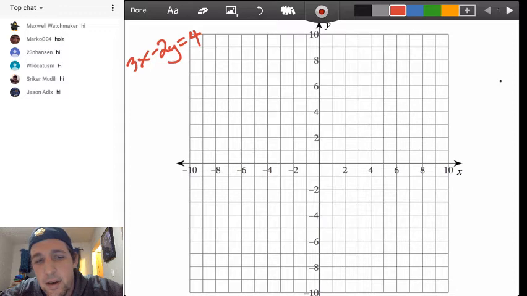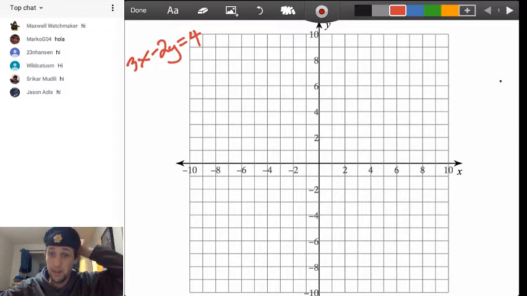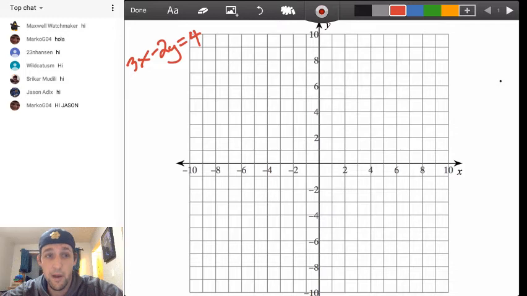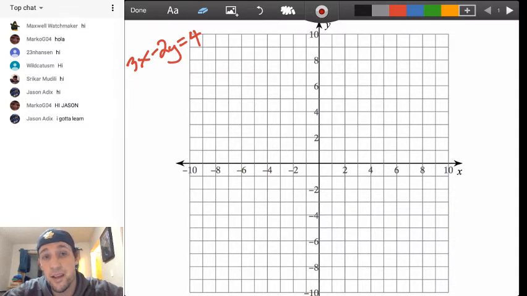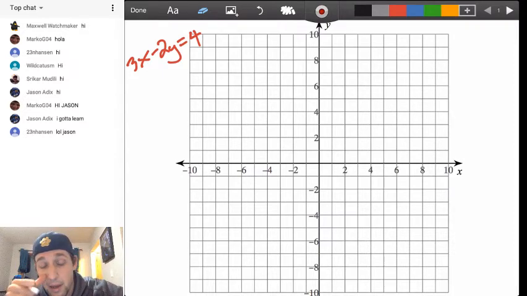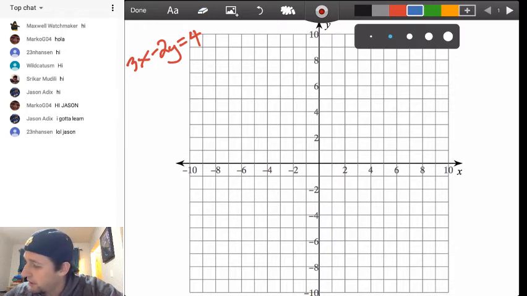The reason I like starting off with this kind of problem is a really simple reason. It gets us back to where graphing comes from, right? In the end, all graphing is a visual representation of all of the different solutions. So basically, you could convert this into slope-intercept form, and that would work, but my suggestion is just find some solutions that work. So find an x value and a y value that when you plug them in, make the equation true. So one that I found is x equals 0,